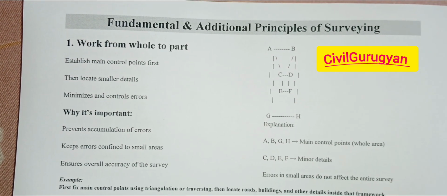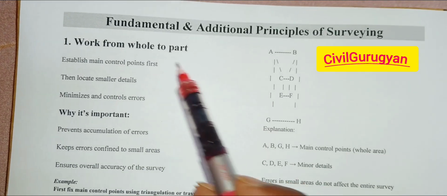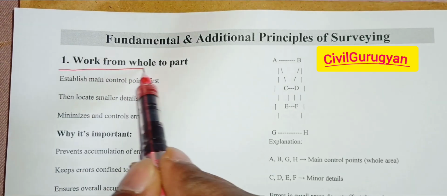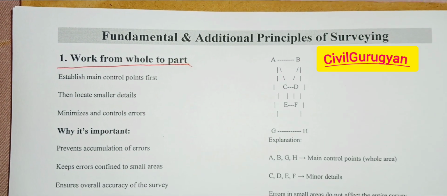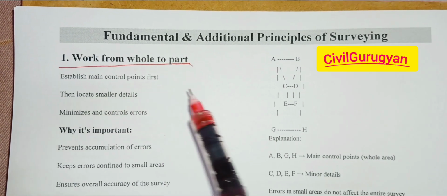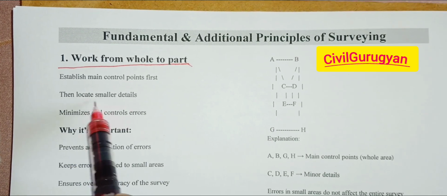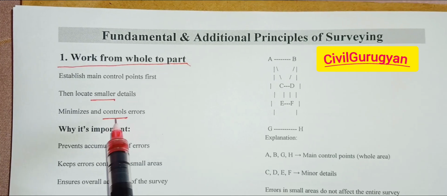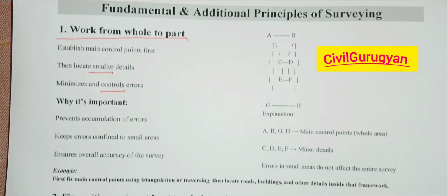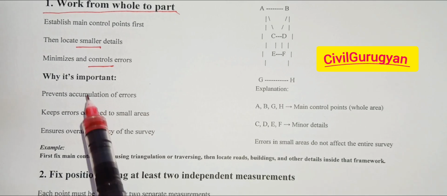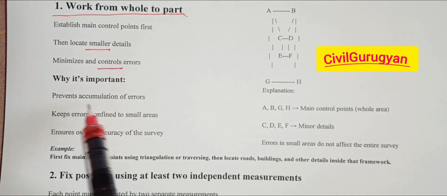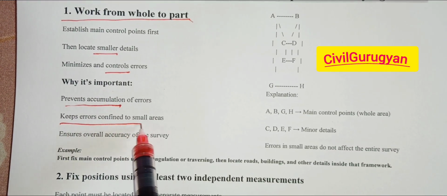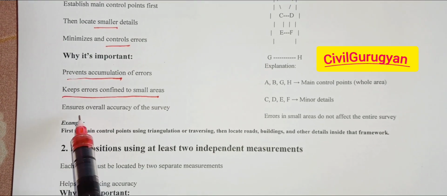The first principle of surveying is work from whole to part. Work from whole to part is done to establish main control points, to locate smaller details, and to minimize and control errors which occur during surveying. Similarly, we can see why it is important. It is important to prevent accumulation of errors, keep errors confined to small areas, and to ensure overall accuracy of